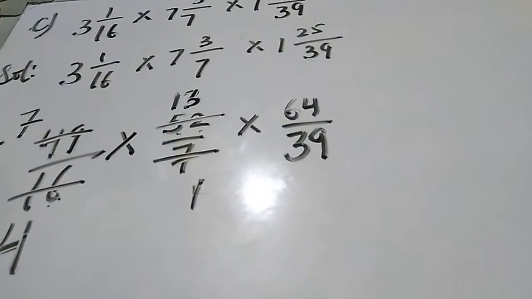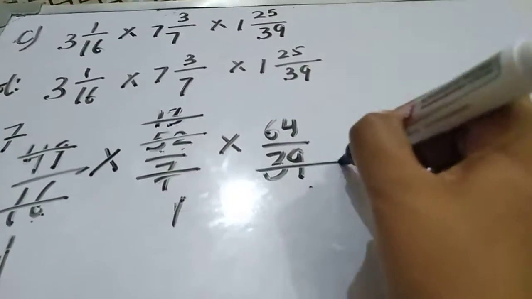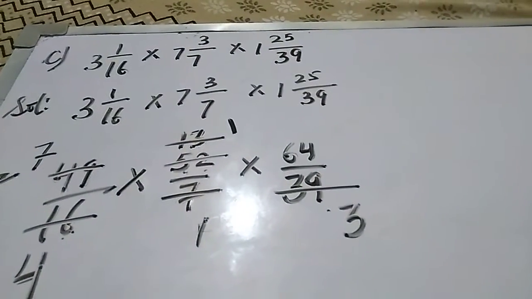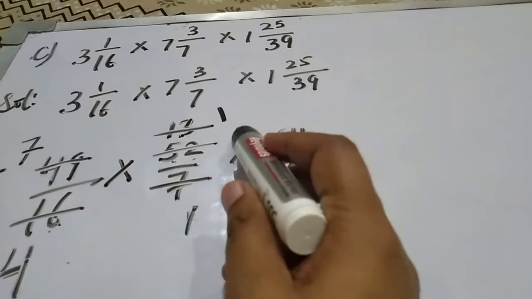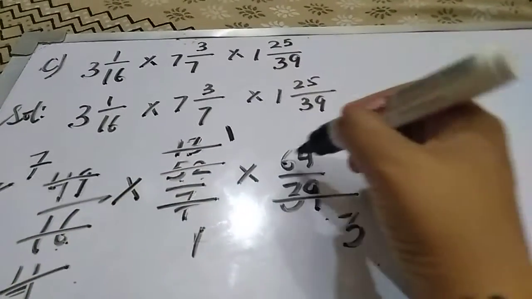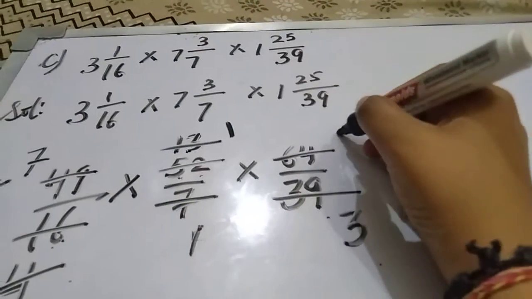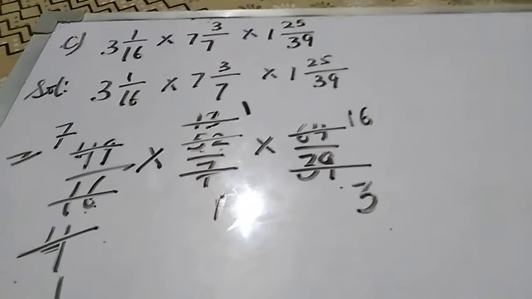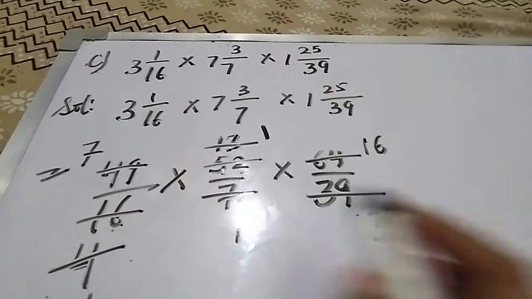Okay. Now again you have to check in the cross. Here is 13 and 39. On the table of 13, 39 goes to 3 and 13 goes to 1. Now check 3 and 7, not possible. 3 and 1, not possible. Here is 4 and 1, not possible. 1 and 64, no. 4 and 64, yes. On the table of 4, 4 goes to 1 and 64 goes to 16. Again you have to follow the same method. 16 4s are 64, or you can also divide by the same method as we have done earlier. Now there is no common factor in this.